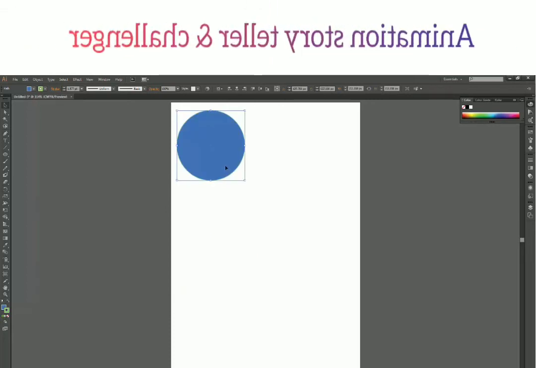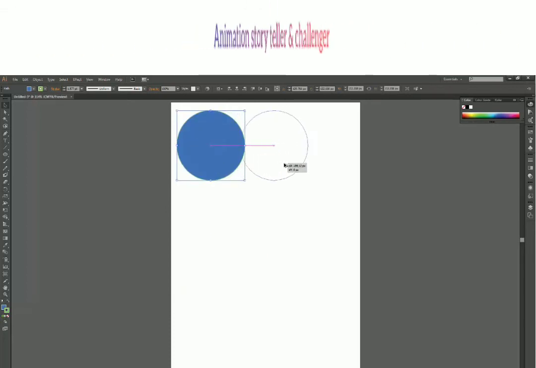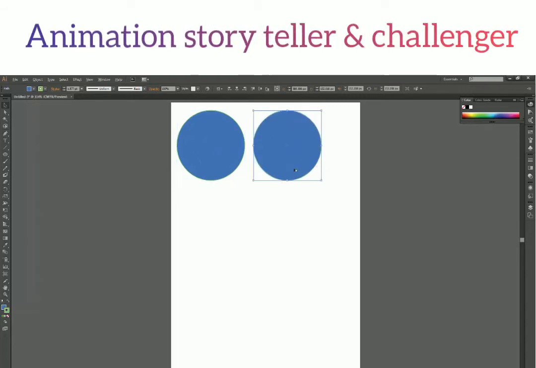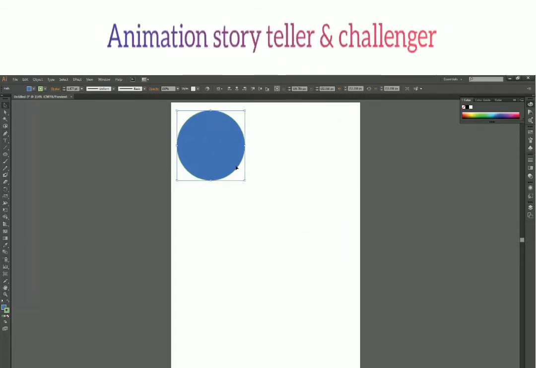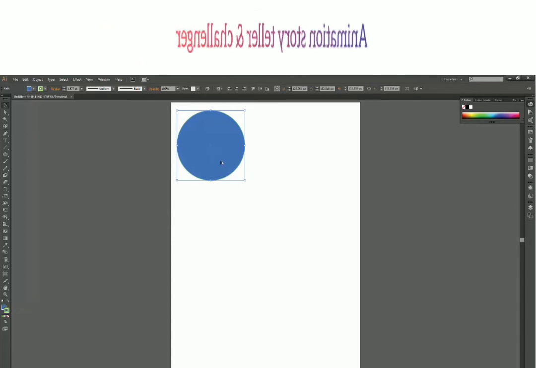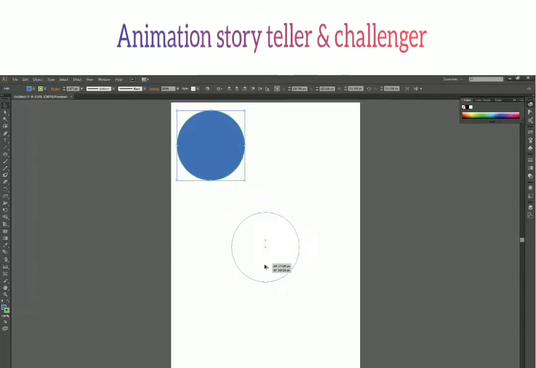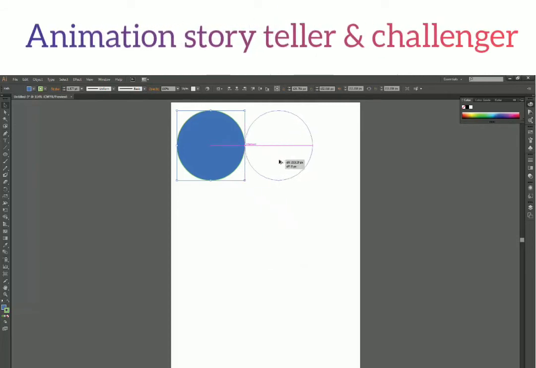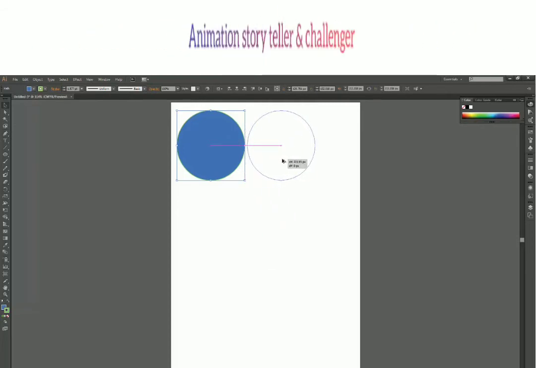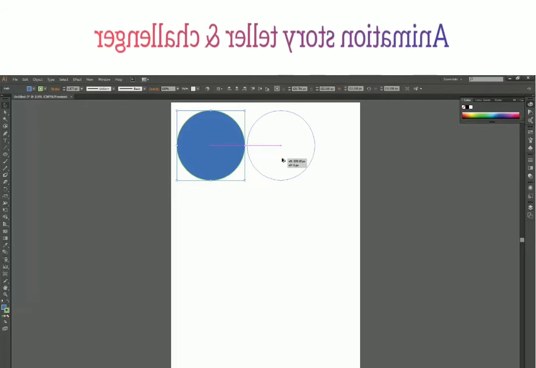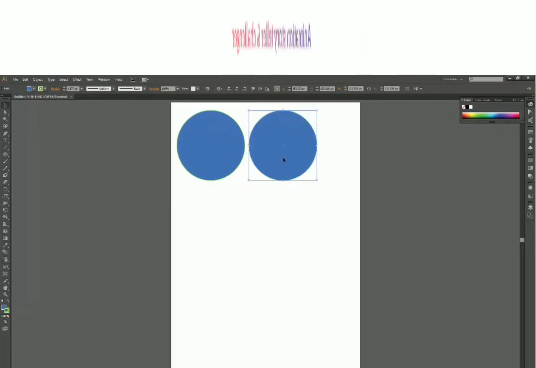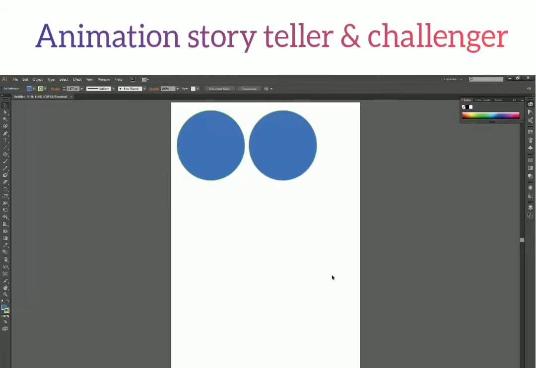I just want to make a copy along horizontal space. So that's how I can do it. What I have just done is hold Alt and click and drag. While dragging, you can press the Shift key to copy or move it along just a single axis, and then release the mouse and release both keys. So that's how it works.